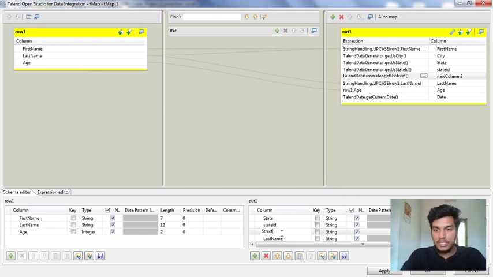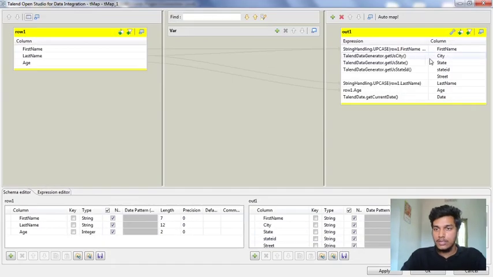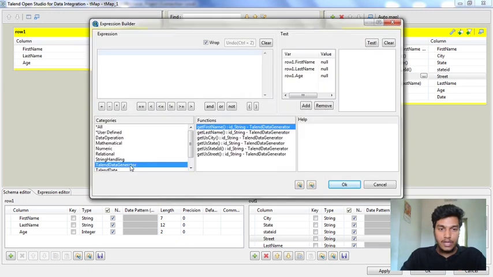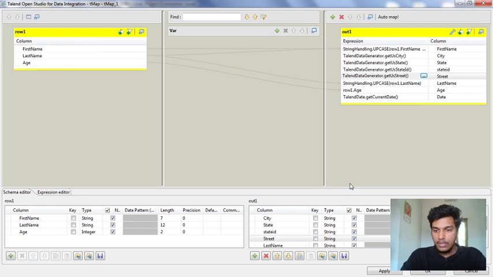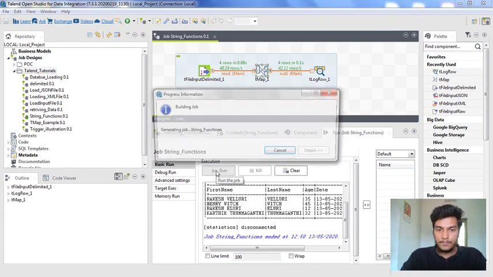So simply we can say this is the address of the person with the first name. Sorry, wait 1 second. So the value, you need to be careful with it, and clicking OK, and I am applying it and saving it. So this is the address of the person. So let's see what is the output.